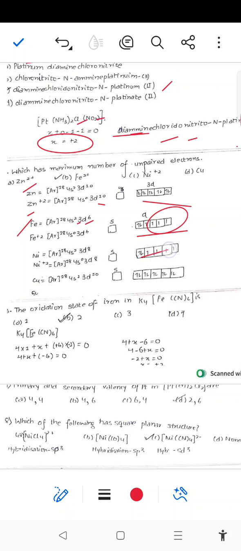So 3d8 again has unpaired electrons. In copper, it is 3d10 4s1, after loss of 2 electrons. Sorry, copper is 3d9, and there is one unpaired electron. So the maximum number of unpaired electrons exists in the